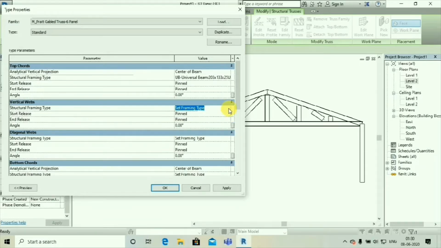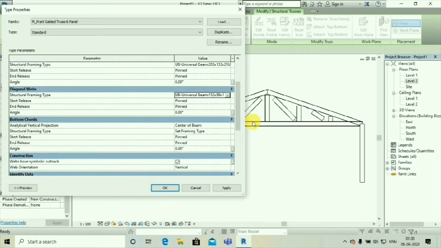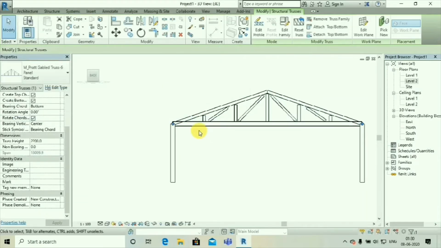We will change the framing type to the same. Then diagonal, these are the beams which are at an angle, we will change them to the smaller ones. That will be perfect for this. And for the bottom one, we will change the framing type to the universal that was before. Hit apply and OK.